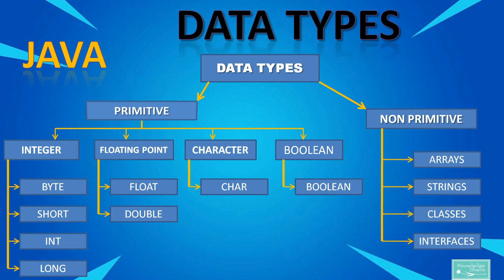You might already have a different view on what data is. For example, if you take a registration form for creating a Gmail account, you will be asked for first name, last name, date of birth, or some other details. If you take some other registration form, it will ask for your mobile number. In other applications you might need to select the quantity, if you're purchasing any product on Amazon or Flipkart. Like that, there are a lot of data. It can be a string, it can be a number, or a floating decimal point number, or a boolean true or false, all those things.